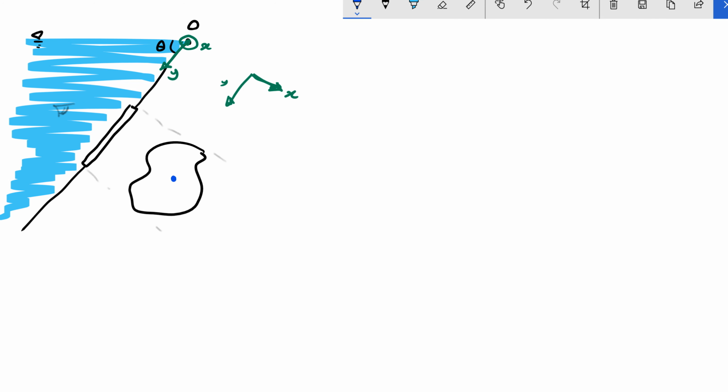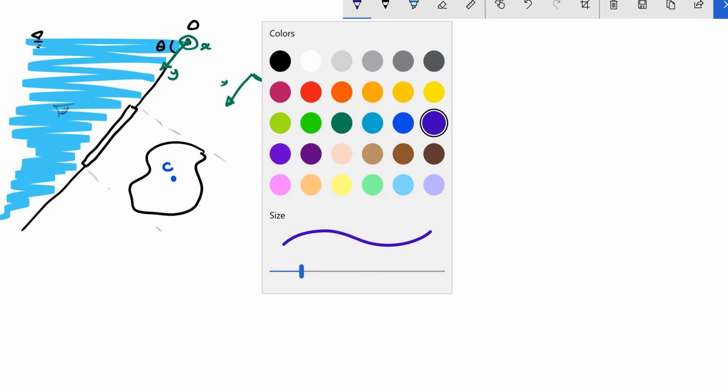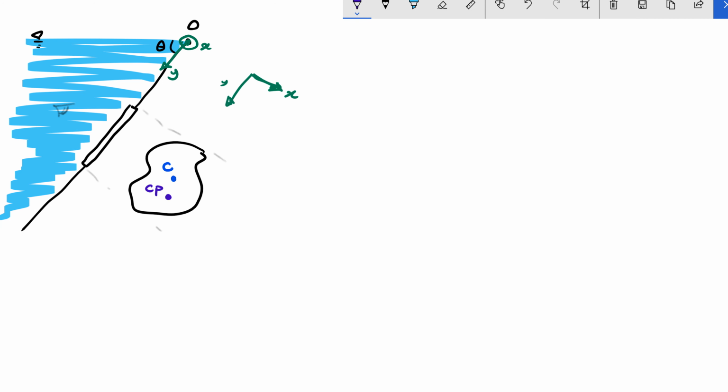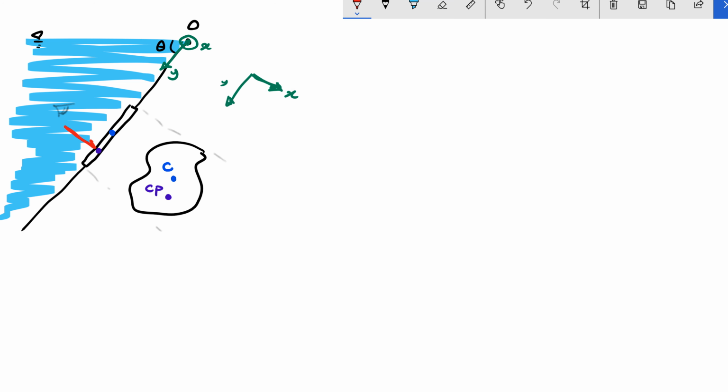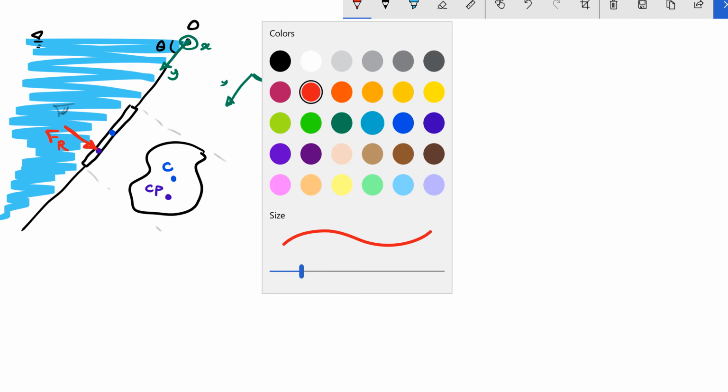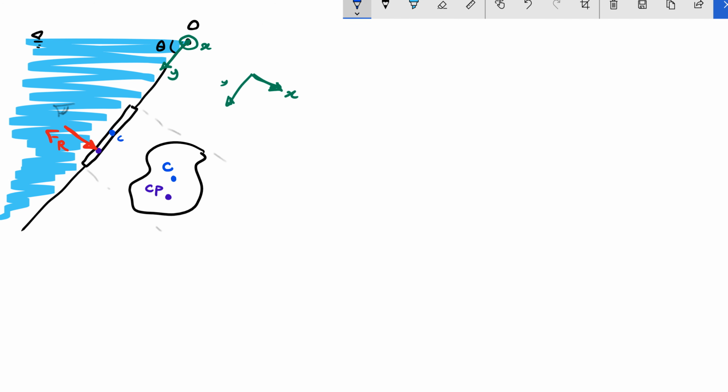Done. We have two very important points here. We call one C and the other one CP. C is the centroid, CP is the center of pressure, and CP is always below C, the centroid. And CP is the position where our resultant force is going to be applied. We have a few important points here. CP, the distance of CP from the origin